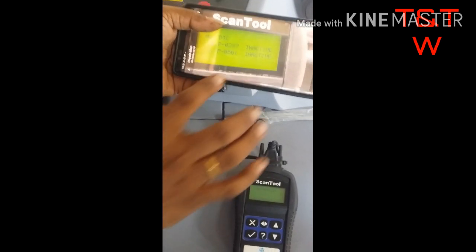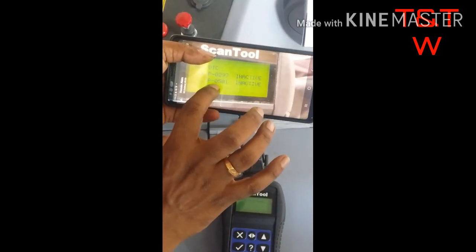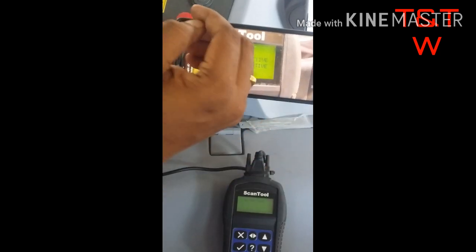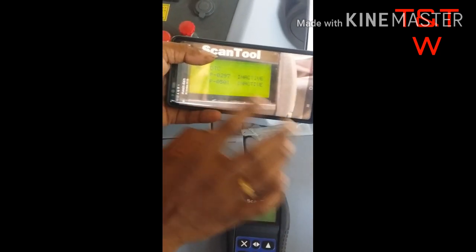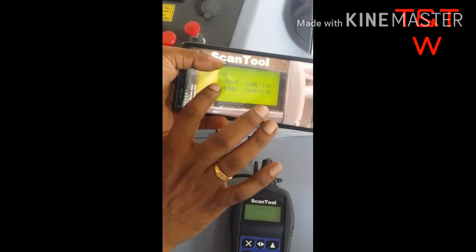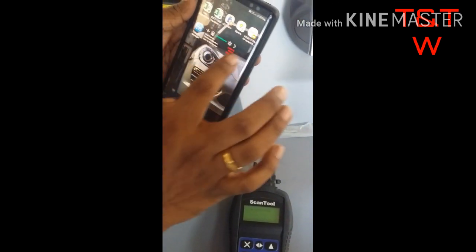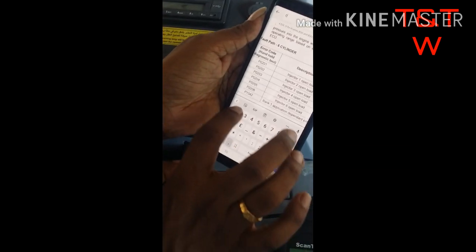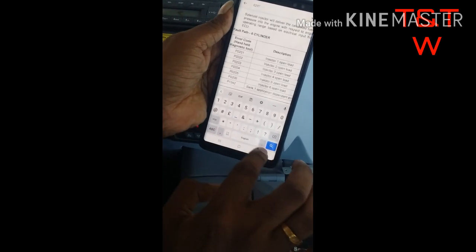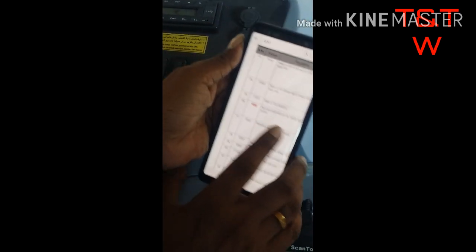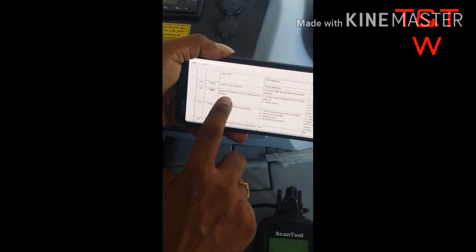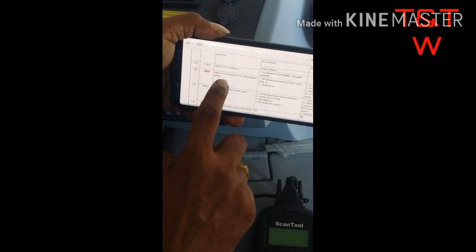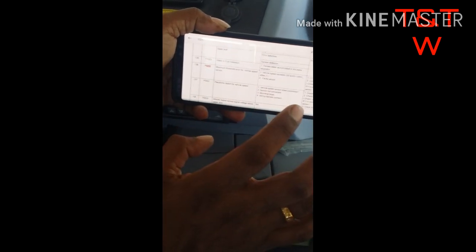Okay. So if you want to see more detail about this code, what should you use? Manual. So remember this code 0297 and 0501. For example, suppose this is active. So what should we do next? We'll check now in our manual. 0297, what is the code? Maximum threshold error for vehicle speed sensor. Okay, that error is related to vehicle speed sensor.